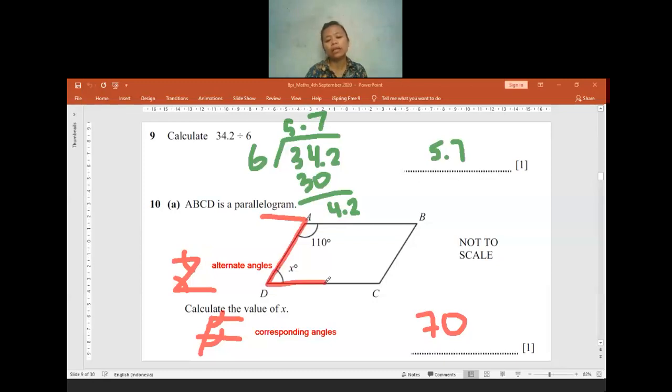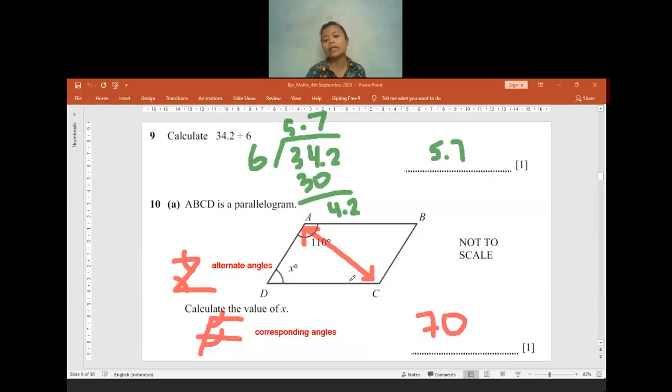Later, for the alternate and corresponding angles, we will learn them again in grade 8. These and these are equal. That's why if in a straight line, the total will be 180 degrees. But you can use the angle properties given for the trapezium. When angles are next to each other, the total equals 180. If they are opposite, like A and C, their angles will be the same, 170. Angle D and angle B are opposite, so their angles will be the same.